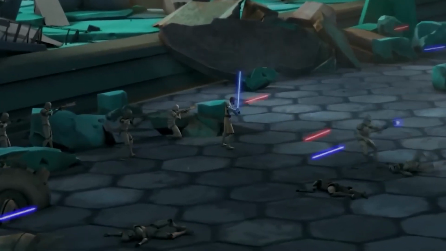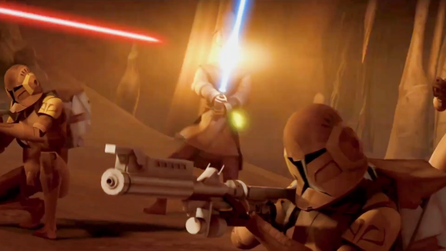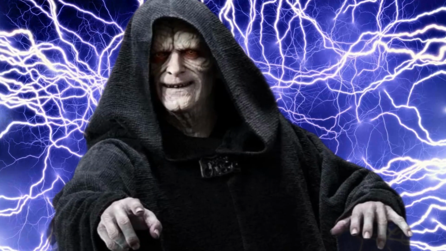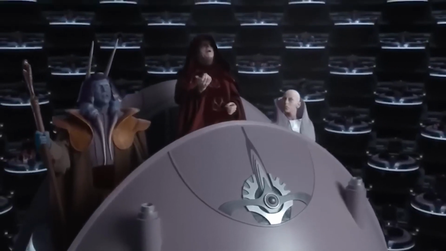In the Clone Wars, everything changes. The Jedi stop being peacekeepers, as they're full-time generals now. They're leading troops, stuck in battle after battle, and it pulls them further from the values they're meant to protect. All while Palpatine is sitting in the middle of it, playing both sides and stacking power with every move.